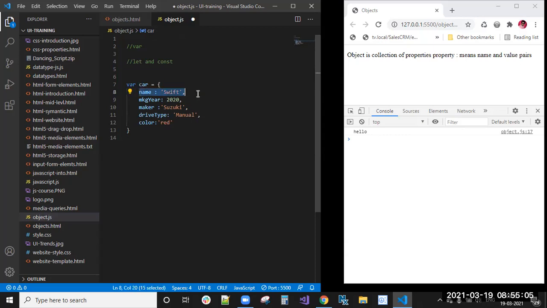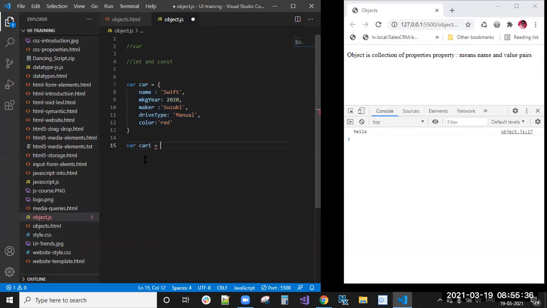Name, value, pair. An object is a collection of properties, and each property is a name-value pair, meaning this is the property name, and this is the property value. So this is an object, right? This way we can create an object, or otherwise, you want to create car1.